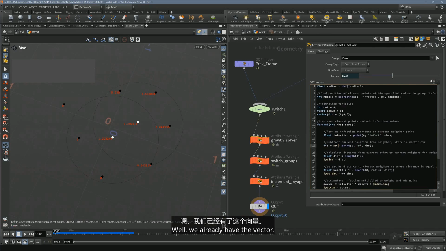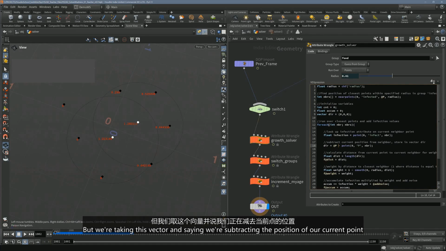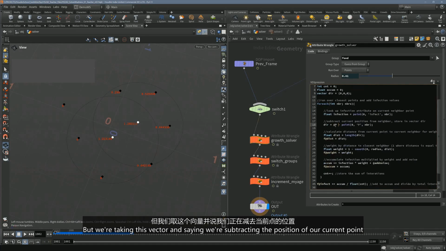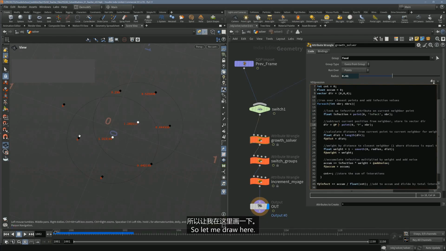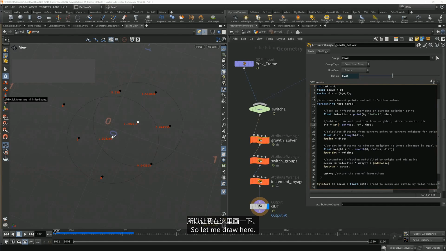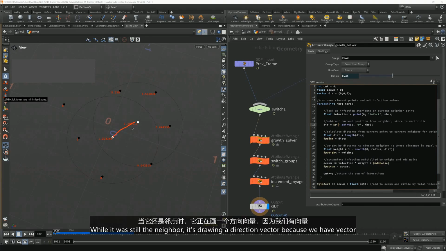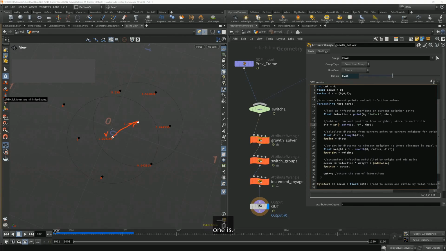Well, we already have the vector, we've declared it, but we're taking this vector and saying we're subtracting the position of our current point from its neighbor. So let me draw here. So you can see these here. This point got infected. While it was still the neighbor, it's drawing a direction vector because we have vector 1 is